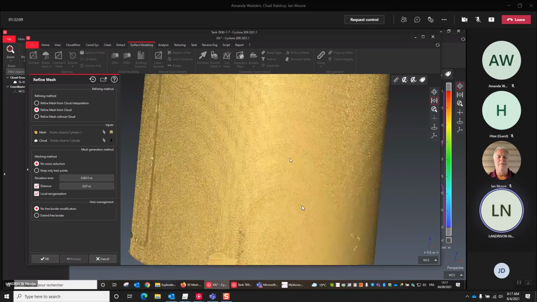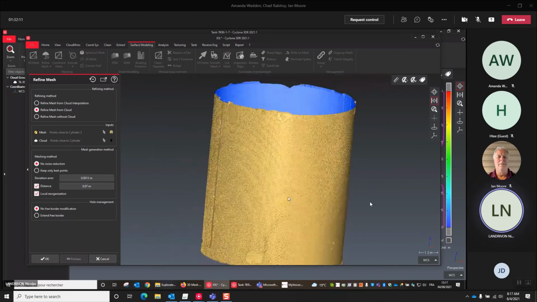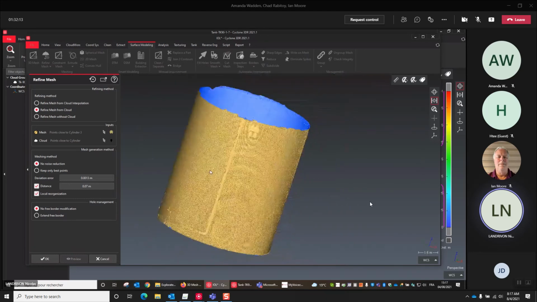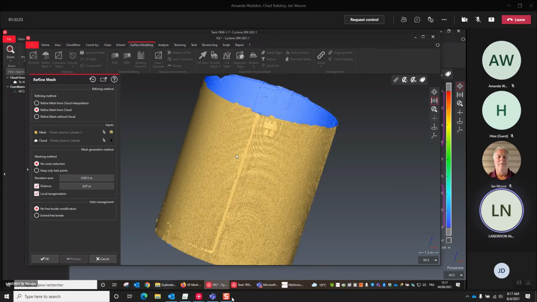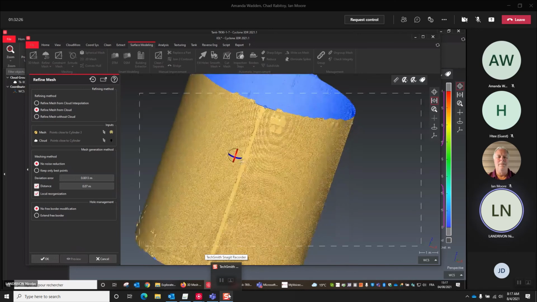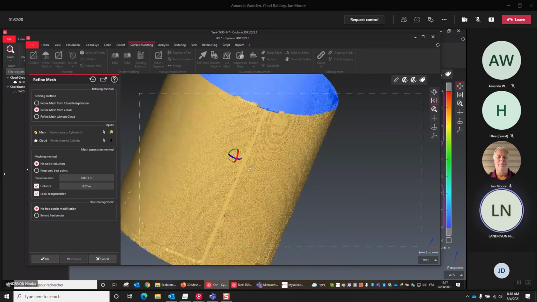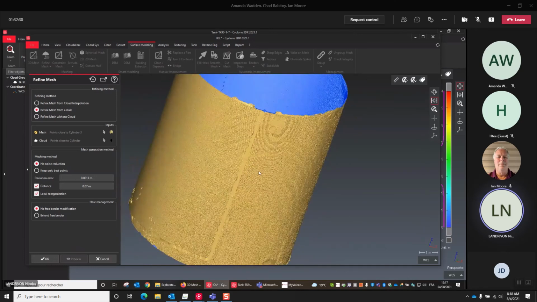If you look at my screen, you see that from the rough mesh, I add a refined mesh from cloud, and I use no noise reduction. So it means that I retrieve all the points and modify the rough mesh so that all the triangles use the real points as vertices.